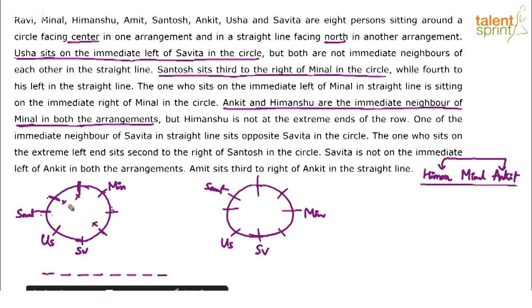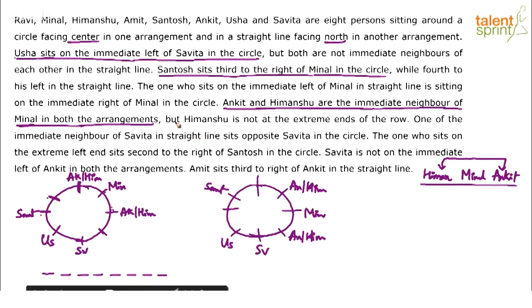So let me clear all these cross marks here. So basically in some order, we can say Ankit or Himanshu. Here it will be Ankit or Himanshu. I mean who will come in which place we'll fix later, but Ankit and Himanshu will take those two positions. Similarly here also Ankit or Himanshu. Here Ankit and Himanshu. Alright.